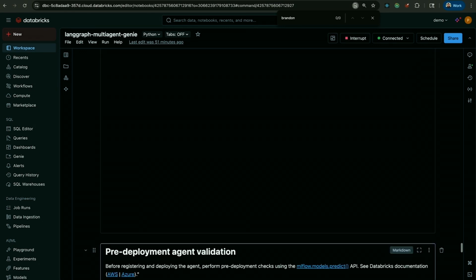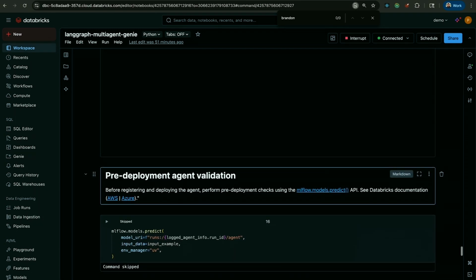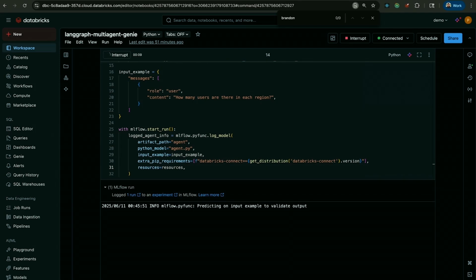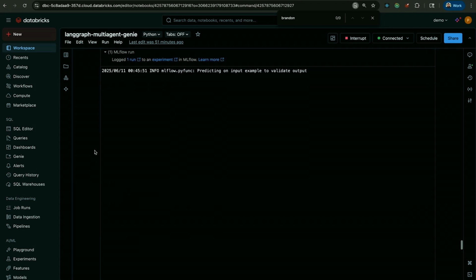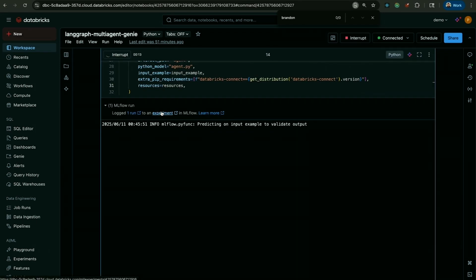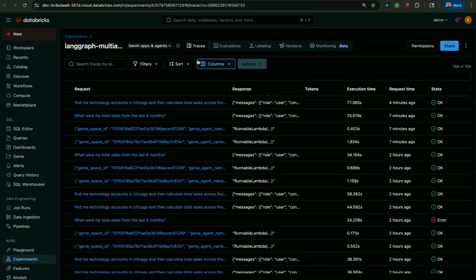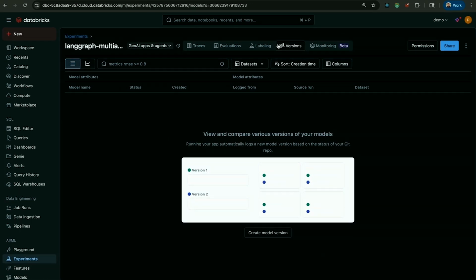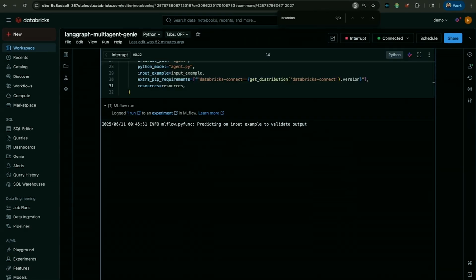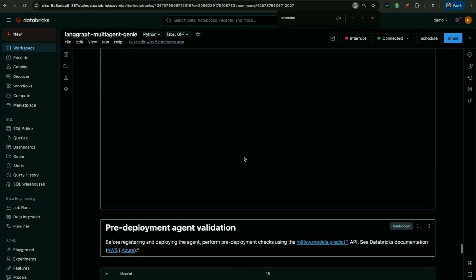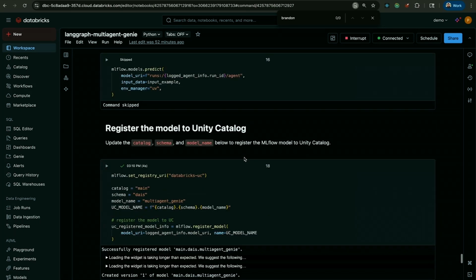Okay, cool. Nice little error there. Let's run this again and see what happens. But let's just assume that the model did indeed get logged to MLflow. In fact, if I open this experiment, we can probably see a previous version of this model that I logged earlier. We'll let this run. But basically, once the model is logged to MLflow, that creates this object, and